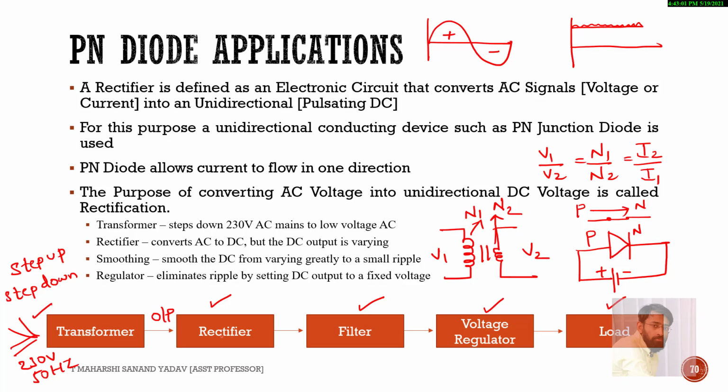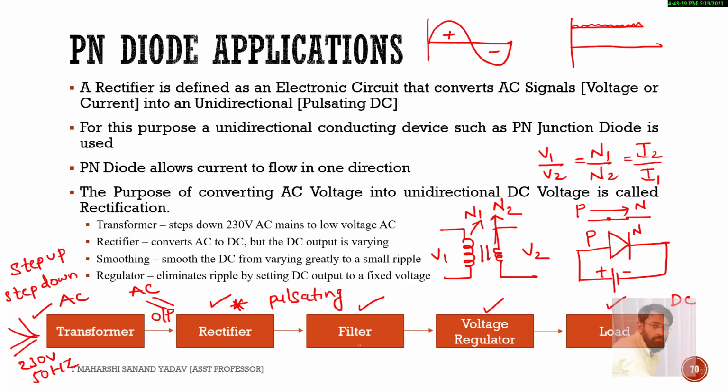Next comes the rectifier. As we already saw, a rectifier is something which converts AC into pulsating DC. Generally our main intention is, if the input is an AC quantity, I want the output as DC. That is the main reason for using all these transformers, rectifiers, filters, voltage regulators and loads. But if you observe, the rectifier will take input as an AC quantity, but it will give output as pulsating DC.